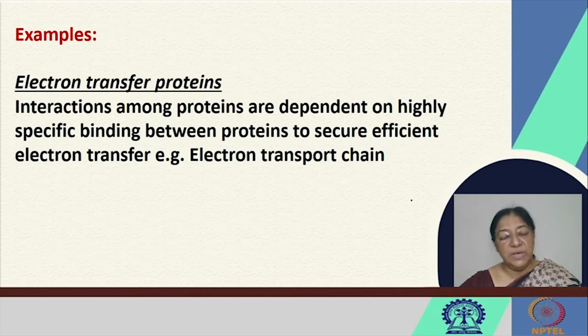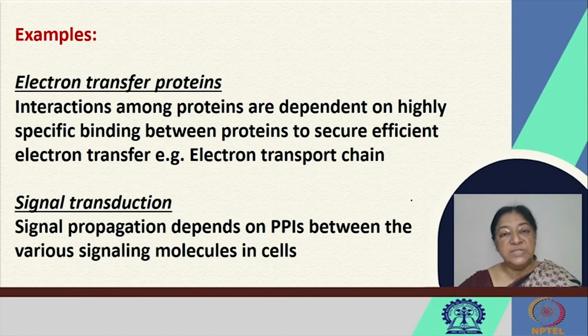The examples that we have looked at or have studied in the process of this course are, for example, electron transfer proteins. Here, the interactions among the proteins are very dependent on a highly specific binding between the proteins so that there is efficient electron transfer in the electron transport chain that we have looked at previously. For signal transduction, where we need signal propagation, this also depends highly on the protein-protein interactions between the various signaling